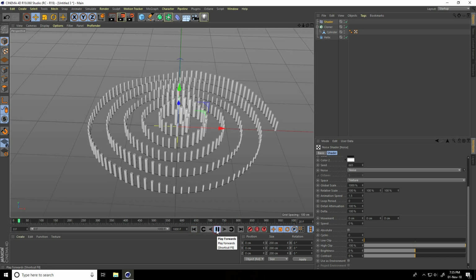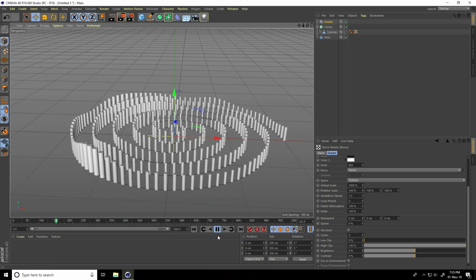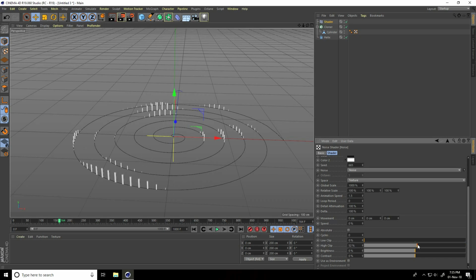Go on back and play. Yes, great. Okay, so stop. Guys, change high clip and brightness and contrast. Take randomly.